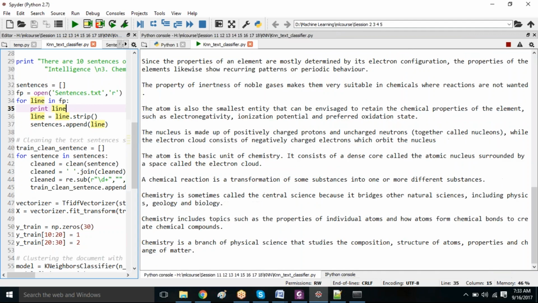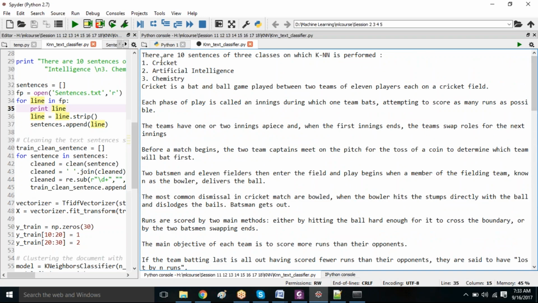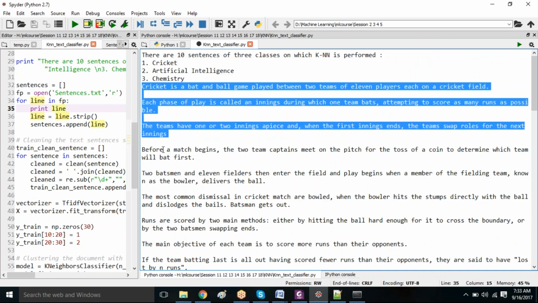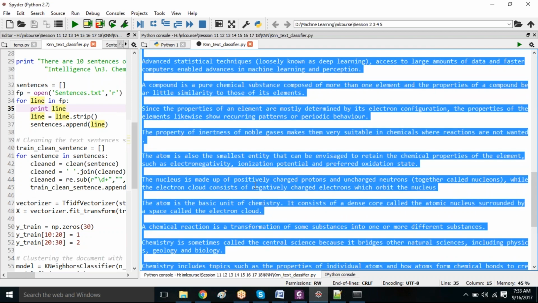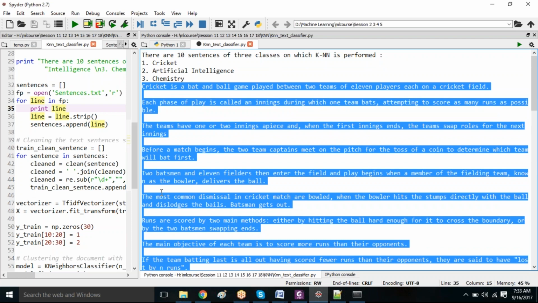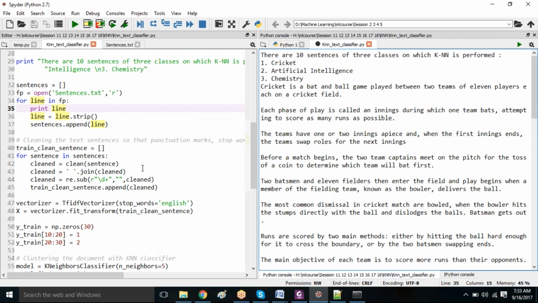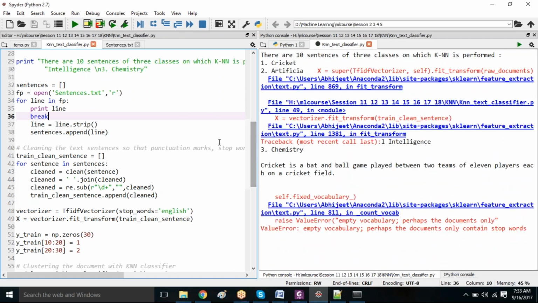See, now all these lines have come, isn't it? There are 10 sentences of 3 classes that were printed earlier, and after that, all these 30 sentences have been printed till here. And this printing is going line by line. If I loop, I will break the loop here. You know the break statement, right? Break is used for breaking any loop. So if I break it here, you see,